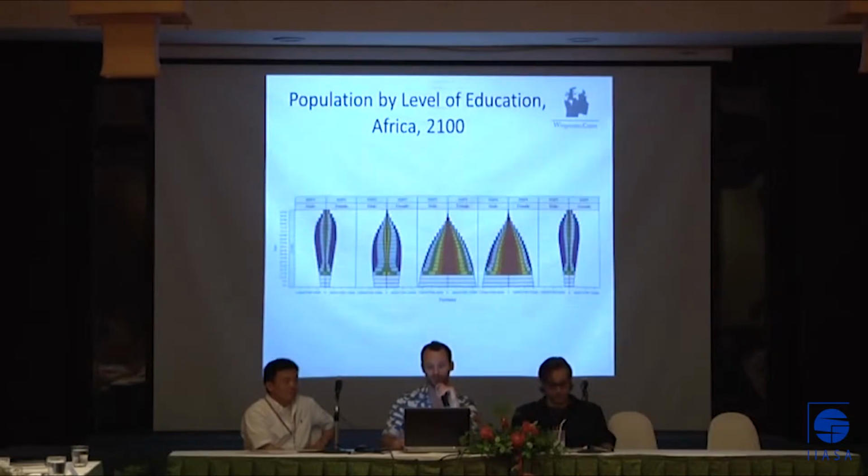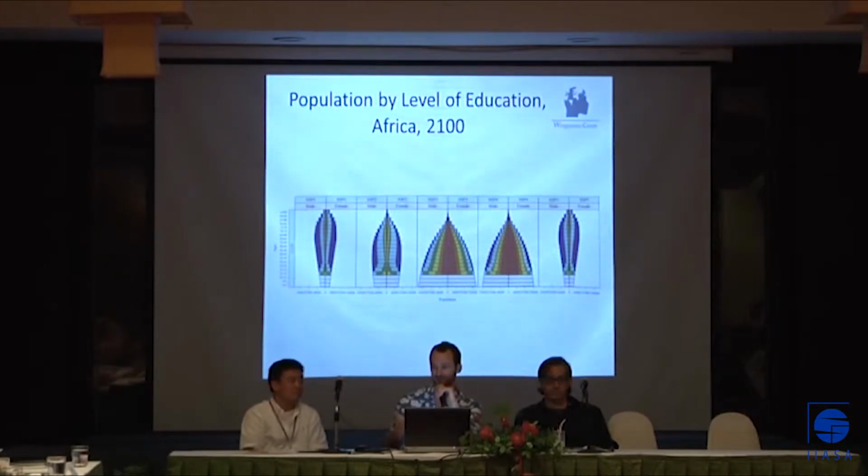But of course, not just overall population changes, also within these societies, the different SSPs lead to very, very different kinds of distributions. So you see as an example here Africa in 2100. The 5 SSPs next to each other. As you can see in SSP1,